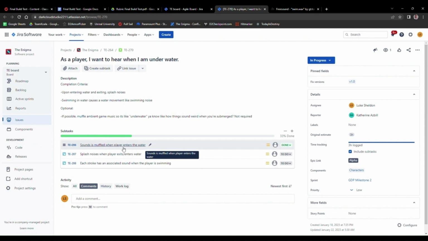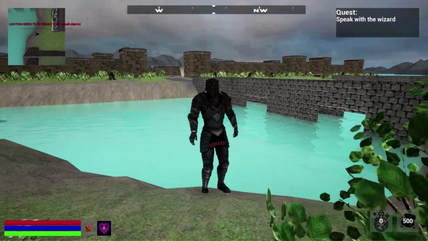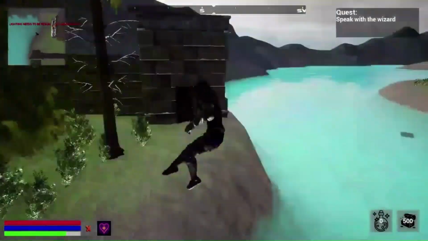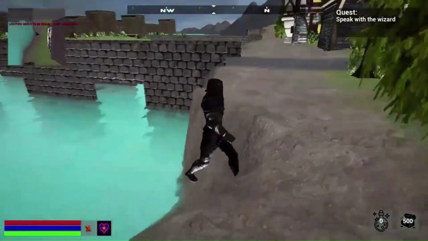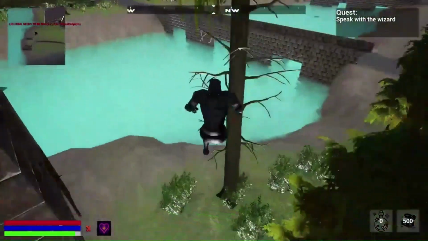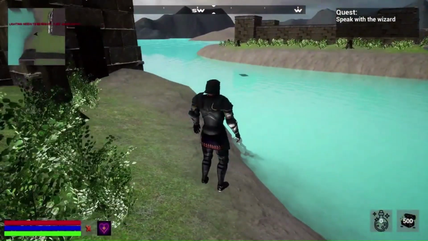The sound does muffle when the player enters the water, and we still want to implement those splashing noises when they enter and when they are swimming. So let's take a look at what it looks like in-game. To showcase exactly the progress that I've made on that particular task, I have loaded us into Hazelberg so that we can take a look. And if you listen here,